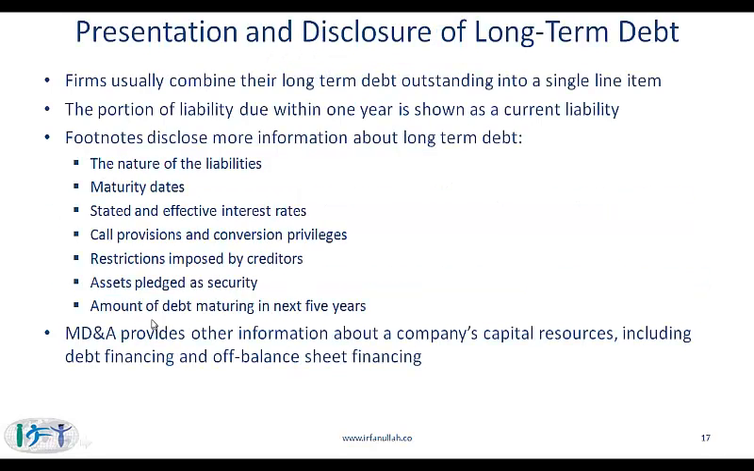Presentation and disclosure of long-term debt, you can read this, but I will give you the basic points, and most of this you know already. When you have long-term debt, the current portion of the long-term debt, which is due within 1 year, is shown under current liabilities. The rest is typically shown as a single line item under non-current liabilities. And then if you look at the footnotes and disclosures, there will be a tremendous amount of information about all the long-term debt. And then you can also find additional information in the management discussion and analysis about a company's